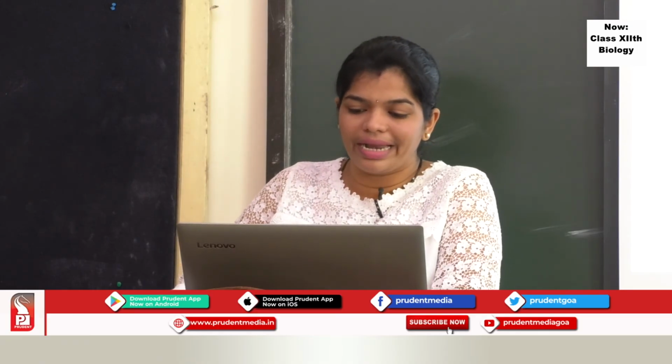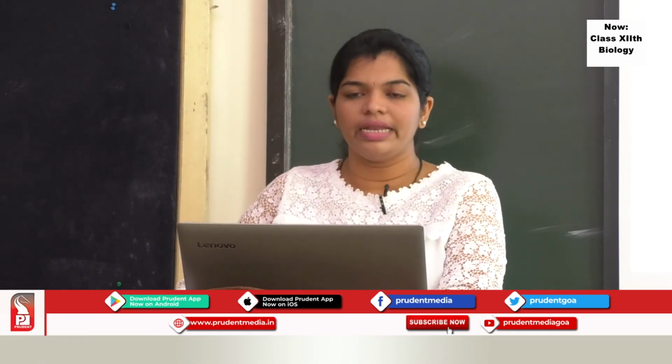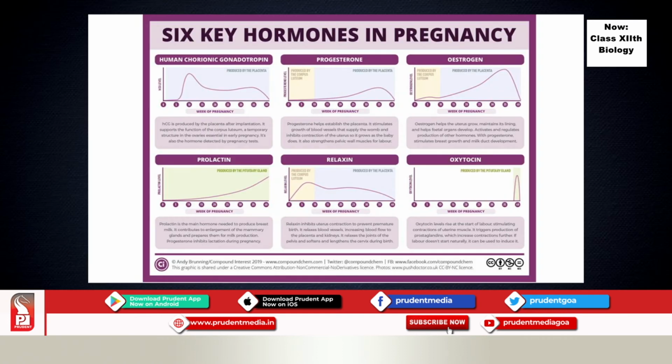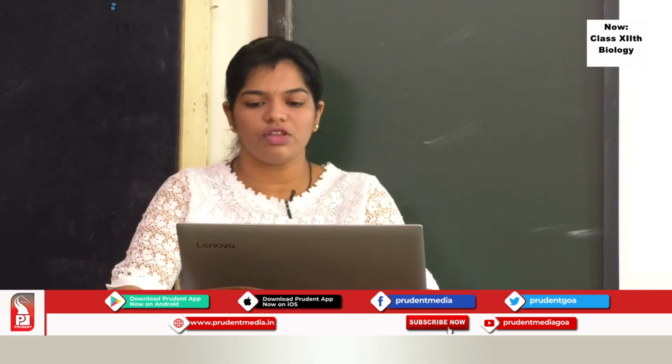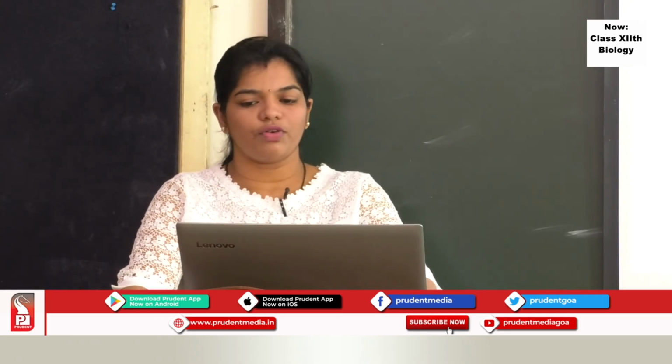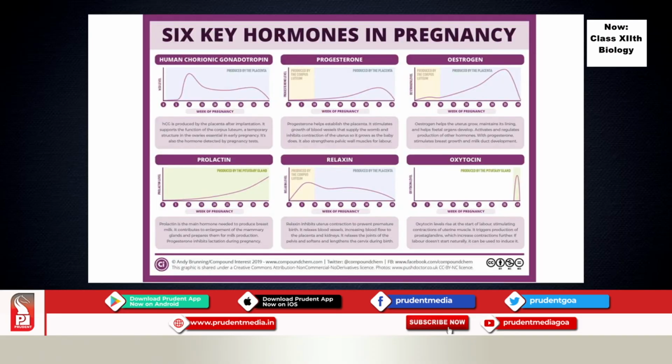Coming to relaxin, relaxin inhibits uterine contraction. So during pregnancy, it is secreted so that there is no uterine contraction taking place. And the last, oxytocin, if you can see, there is no role of oxytocin during pregnancy, only during the last week, the 40th week, and it is involved in the uterine contraction, which will lead to the last part,